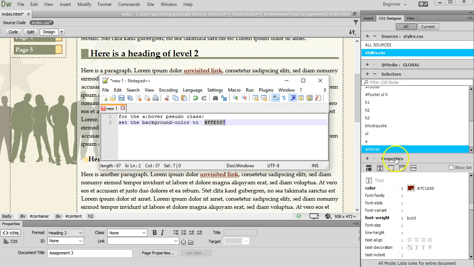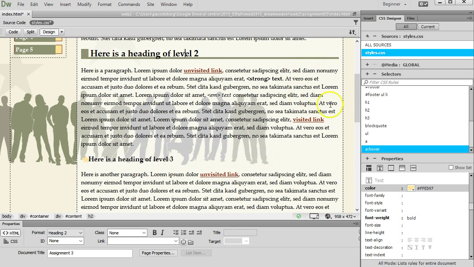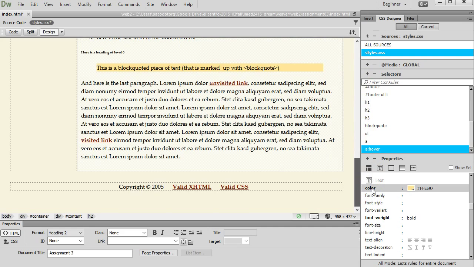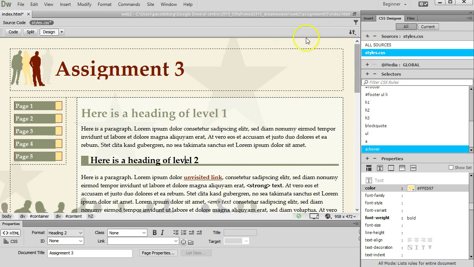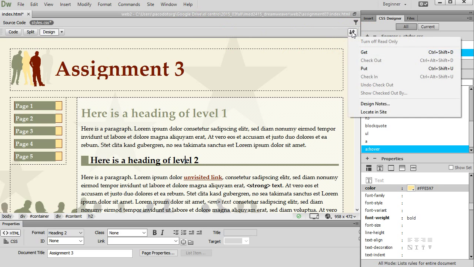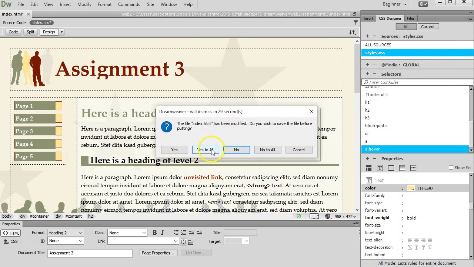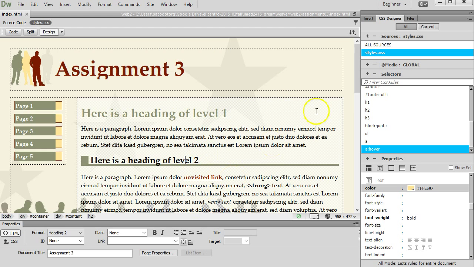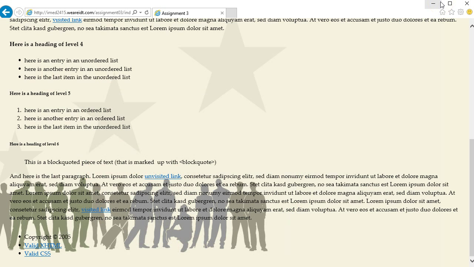Our A already had colors, but for the hover we're going to change the color from that red to something else. It's going to be some sort of yellow. We can't see it yet. At this point I can forget about the list. I'm going to hide my notepad. I'm going to see that my code looks okay, and this has come a long way in the last hour or so that we've been making these changes. I'm going to click on file management and tell it to put the file, say yes to all and yes, wait for a little bit, not too long, and now I'm going to knock on wood